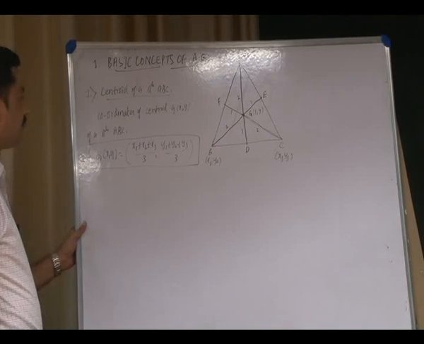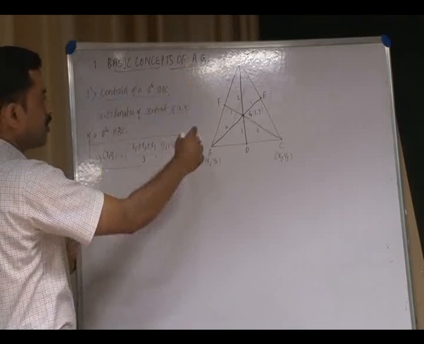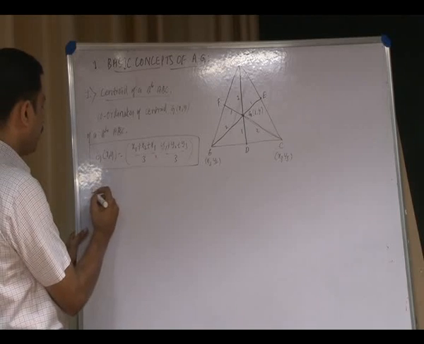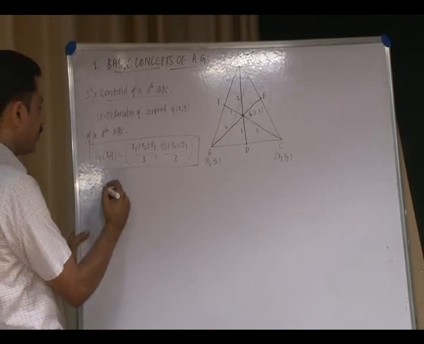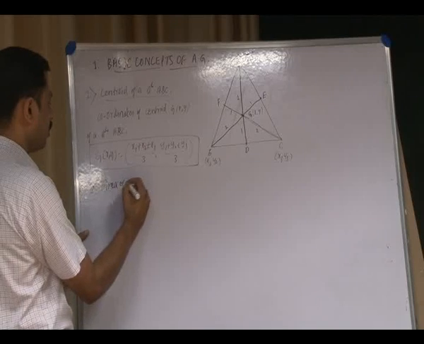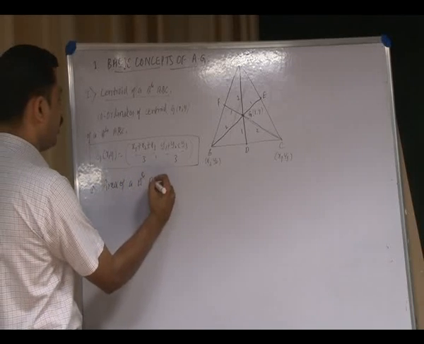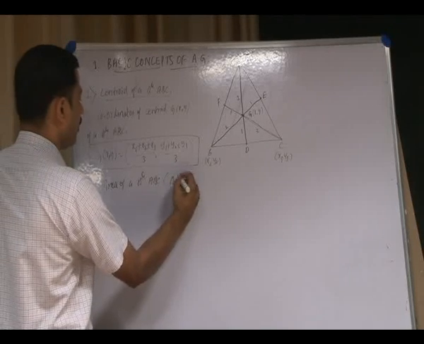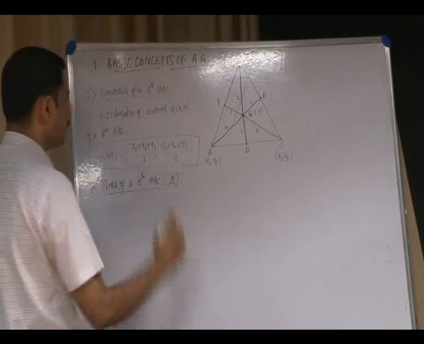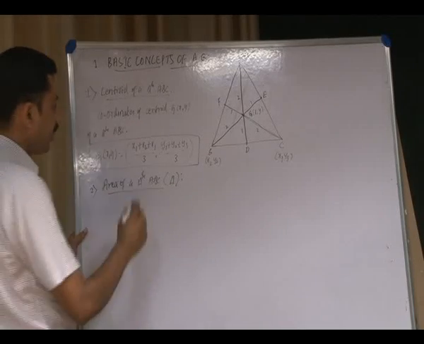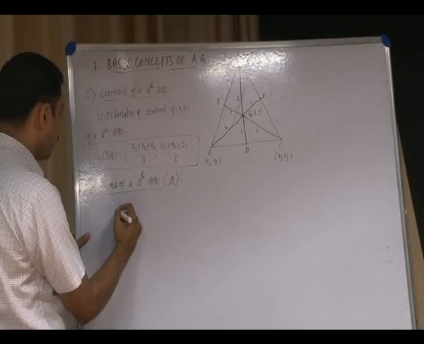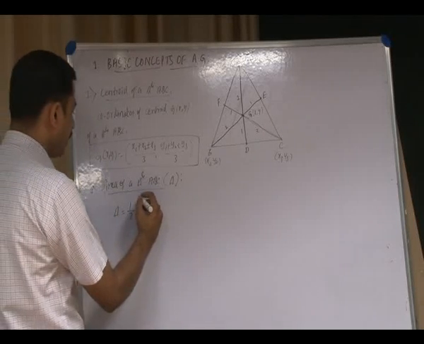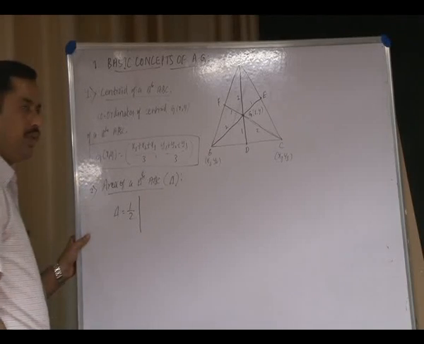After this, by knowing the coordinates of the vertices of a triangle, you can also find the area of a triangle. The area of triangle ABC, you are going to represent as delta. So, the formula for the area of a triangle delta is equal to half into, you can write this in determinant form, half into the determinant of,